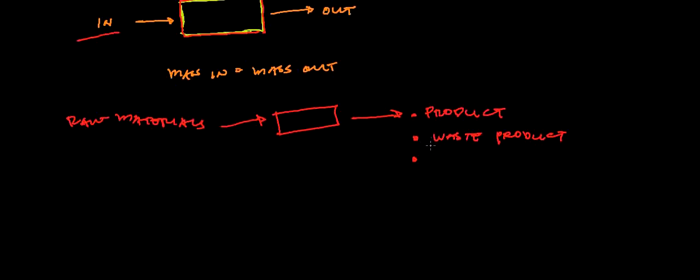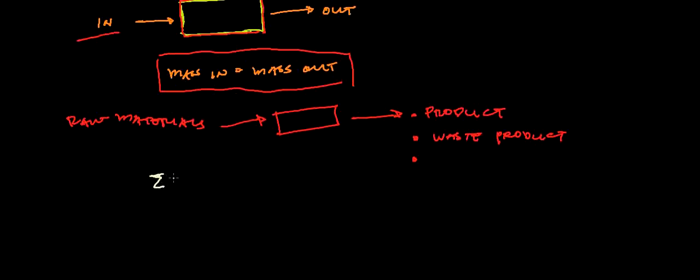In case we have these two, by using our law of conservation of mass, having this input and output material going in and out of the process, we can now say that